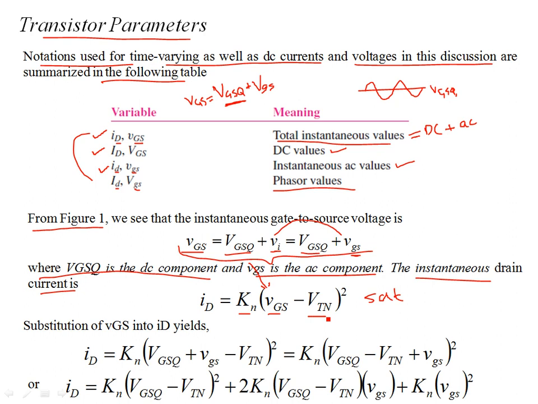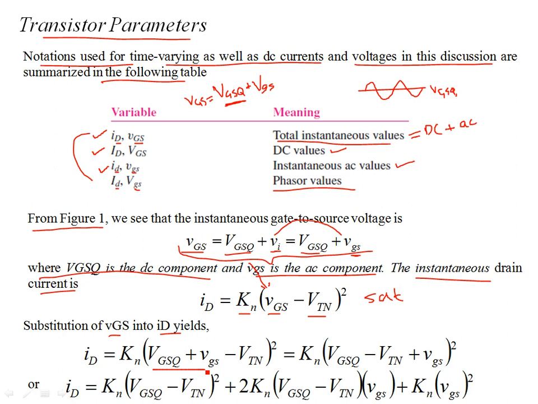Vtn stays the same if you're not considering temperature change effects, sub-threshold conduction, or body effects of the transistor. Vtn is constant, so you can treat it as a DC quantity, therefore the V and the subscript are capital. The only AC quantity is inside the vGS, and substitution of vGS into iD yields